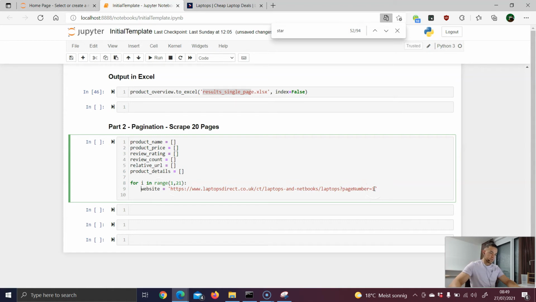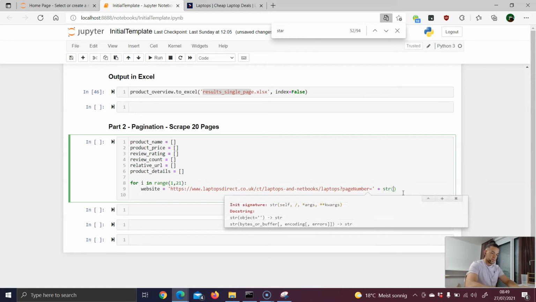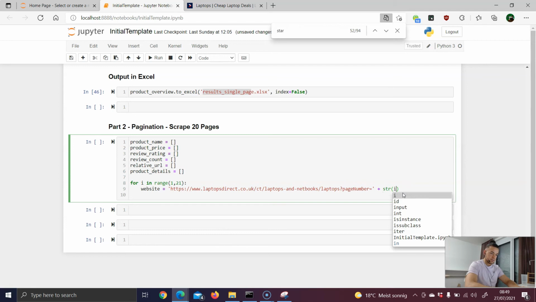Since we have actually observed very carefully the whole URL, and we have the information that with every next page, the only element what changes is this number here. That means we can just replace this number with this iteration variable, which is I. Okay, and now we want to cast it inside a string